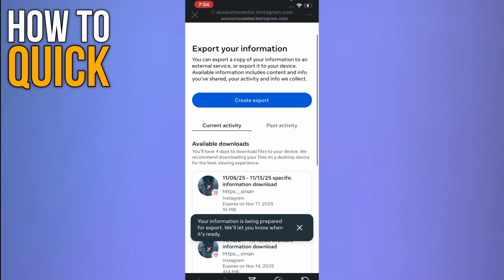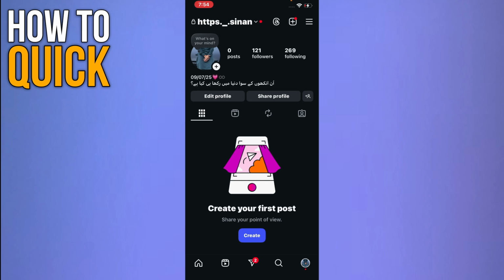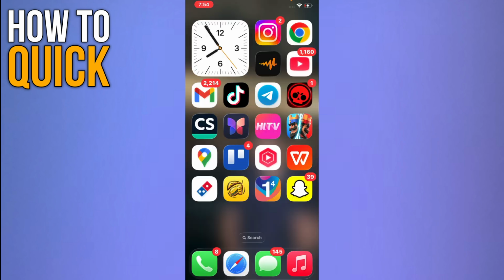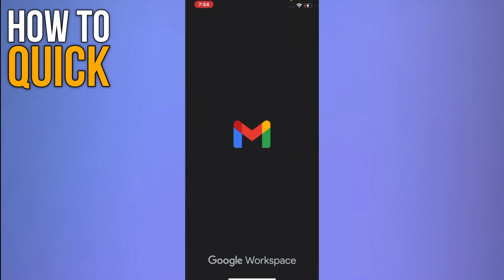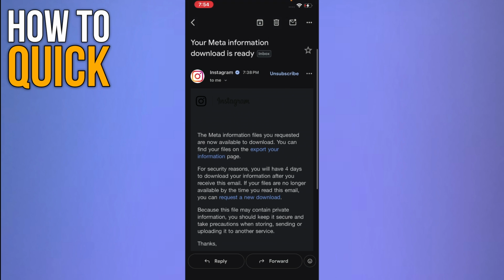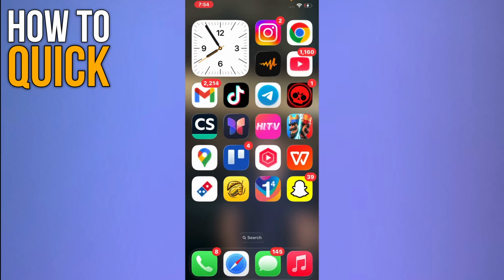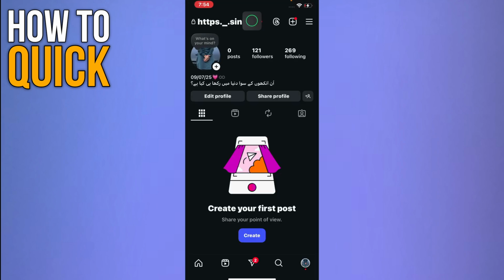So now what you have to do is to very simply wait for around 30 or 40 minutes. By then, you will receive an email from Instagram that will contain the information that you want. Now, once you have received your email, you very simply have to check it by your email application. And as you guys can see, the email has been received by me that says your Meta information download is ready. So once you see this email, this is your go mark that you have to again open up your